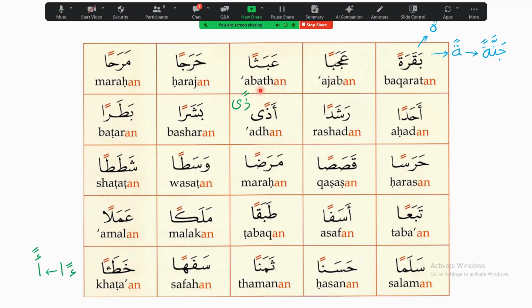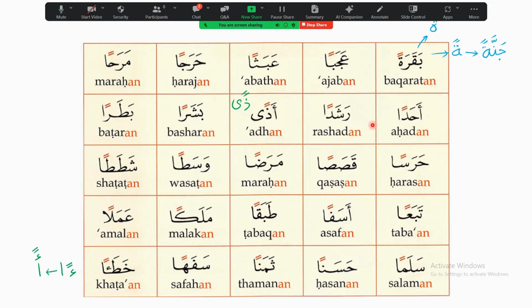The next is abathan, harajan, jan at the end, jim with a fathatain on it, jan. Marahan, han, the ha letter with tanween, han. The next one is ahadan, rashadan,